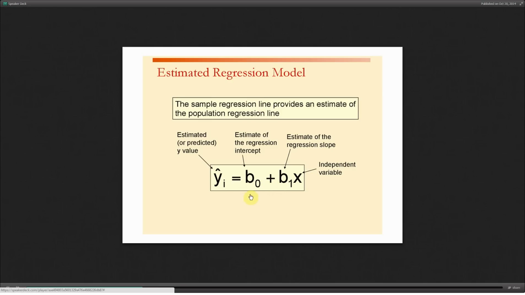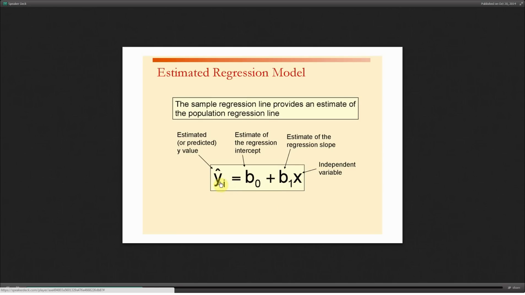So the way we get these estimates, of course, is based on sample data. So we're going to have a bunch of sample observations. In other words, we're going to know some independent variables. This should say x sub i, by the way, this is an error on the slides. That x sub i is going to be related to some y sub i, some predicted value. In other words, if I have these values x sub i,